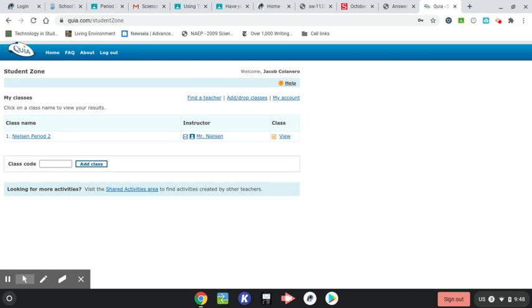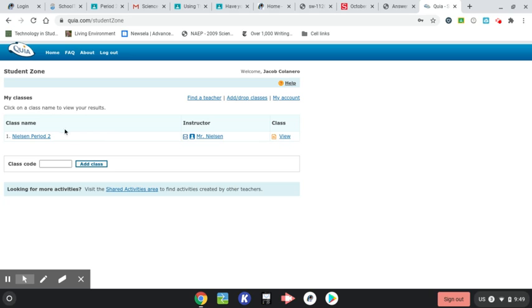When you log into Quia, on this student zone screen, welcome, you should see your name. And this is your account, right? I'm not going to click on these, but your account, find a teacher, all those things. I believe I'm probably the only teacher in this school that's using this program for testing. But if I was not, and you had signed into other people's classes using a class code, very similar to Google Classroom, you would see other instructors here, and a link that would bring you to their classes. Because I'm the only teacher that gave you an access code,